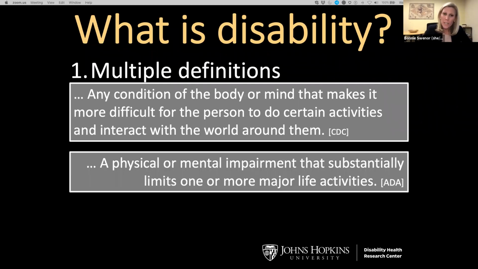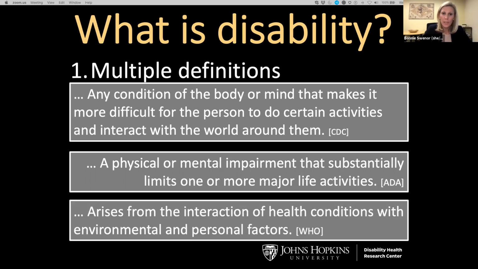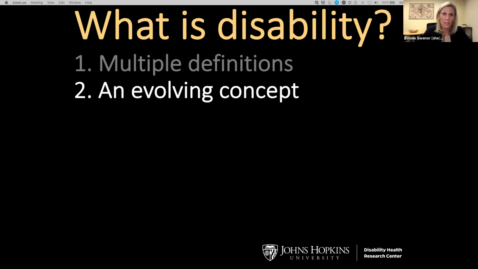But the Americans with Disabilities Act, which I'll talk about in a little bit, defines disability as a physical or mental impairment that substantially limits one or more major life activity. And then the World Health Organization similarly defines disability as something that arises from the interaction of health conditions with the environment and personal factors. Similar veins, all slightly different language. There's positives and negatives to our flexibility in how we define disability, and that's going to become important as I continue this discussion. But I think it's also really important, before I go further in this talk, to understand